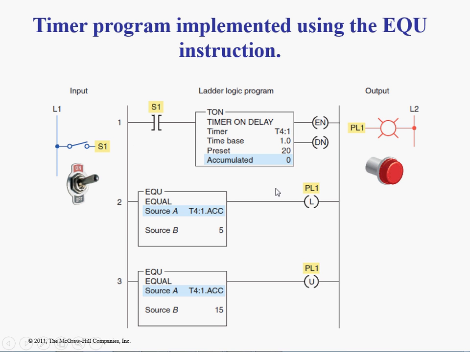Everybody see that? This timer has a 20-second preset. So when it's equal to 5, it comes on, and when it's equal to 15, it goes off. So the light will be on between 5 and 15 seconds,